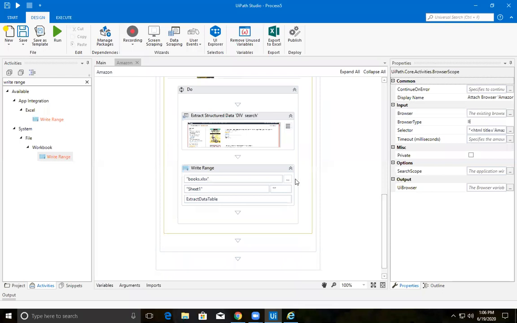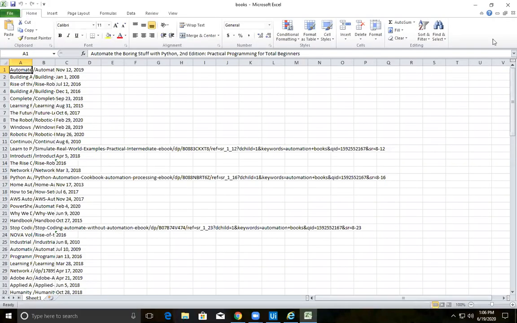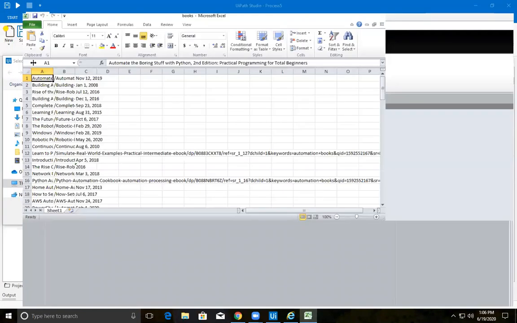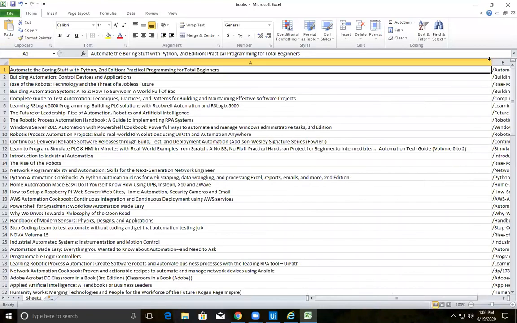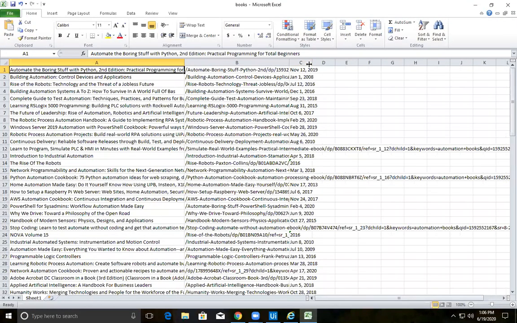Let's check the book again. So this is the book name, this is the book URL, and this is the publishing date. This may be very huge, so it may have overlapped.